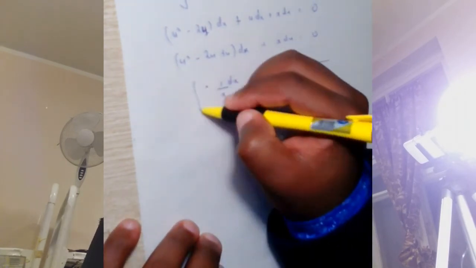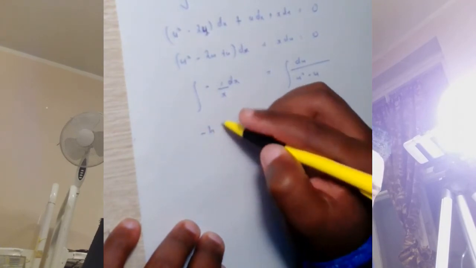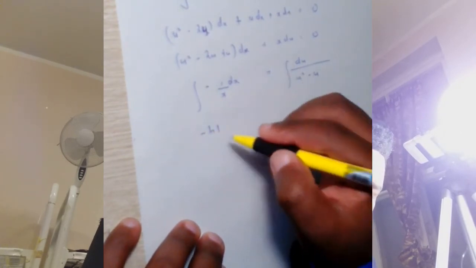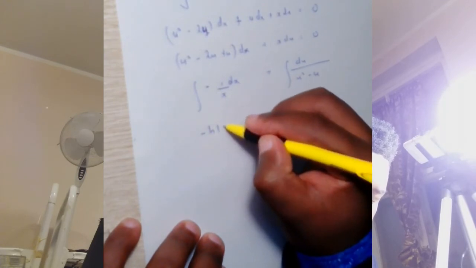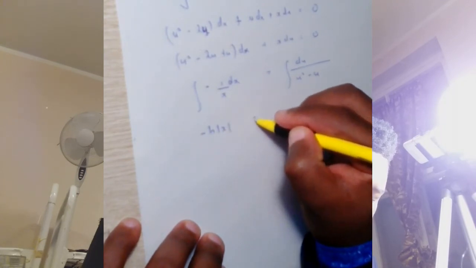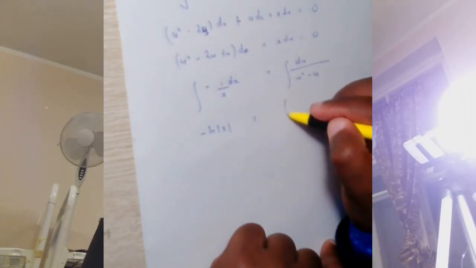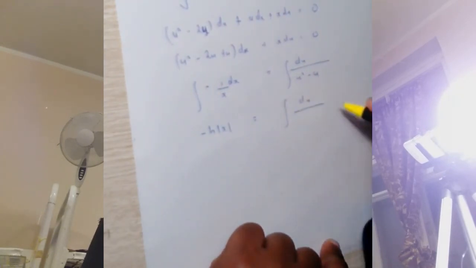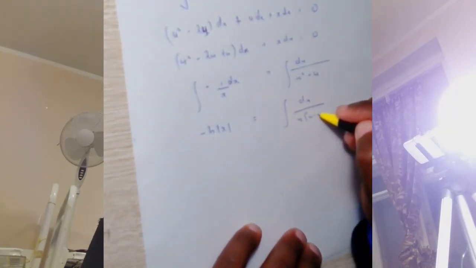So now I can easily integrate both sides, and here I'll get negative ln x is equal to, here I can rewrite it in this way, du on the right side, u multiplied by